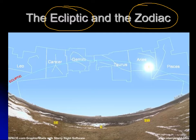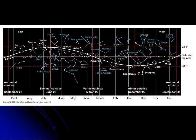So that means these handful of constellations, a couple handfuls of constellations, turn out to be very commonly utilized by astronomers. If you were to take a map of the sky and plot the position of the sun on it, the ecliptic would make this big arching path around the sky. Okay, so you've got this big arching path right here that goes all the way around the sky. That's the ecliptic,